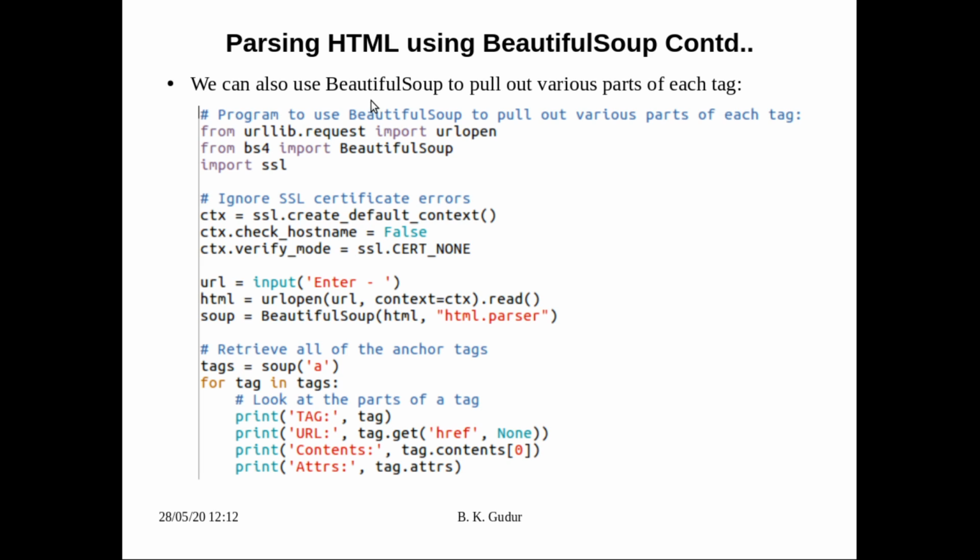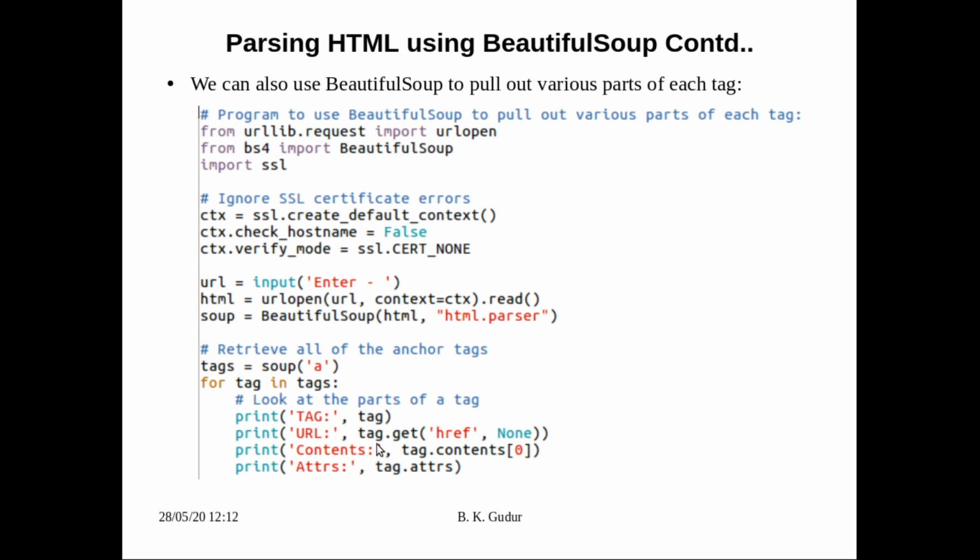We can use BeautifulSoup to pull out various parts of each tag, just like we have pulled out an anchor tag. Apart from the anchor tag, there are so many other tags. So we can pull out the content and attributes of all the tags. For that purpose, up to this the program remains the same. Here tags is equal to soup. Whatever we have extracted from BeautifulSoup will be given as an input to this soup function. It will extract all the anchor tags, and in that we are going to print